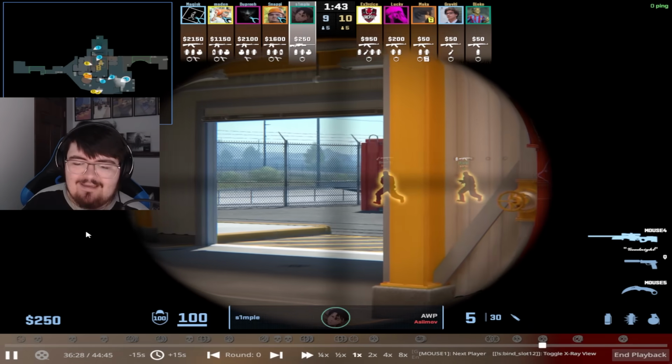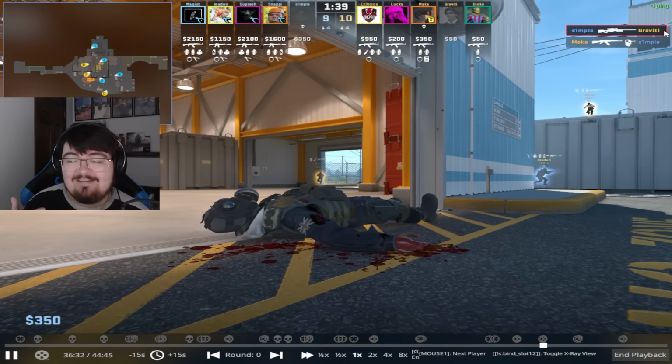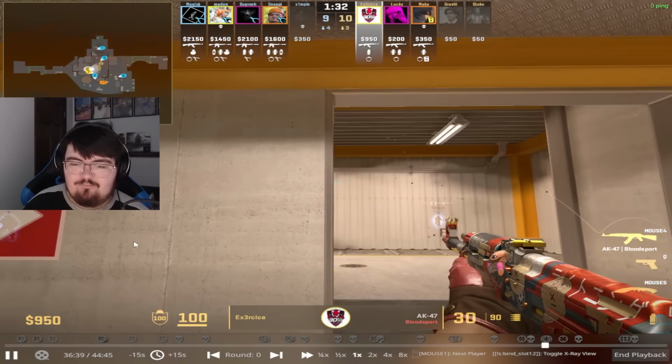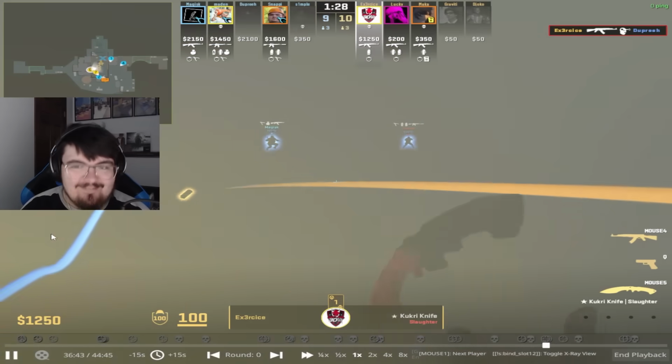Now s1mple is going to be hanging out here holding this back red angle, but of course the second that he steps out, Maka is actually waiting for him and will punish that. It's going to lead to a pretty interesting round now because it's a 3-on-4, so you're going to have to take some fights, but that's when Exercise...